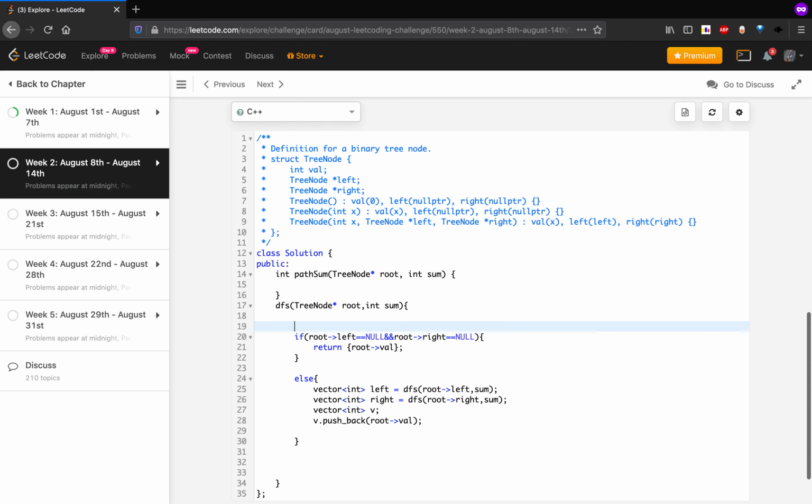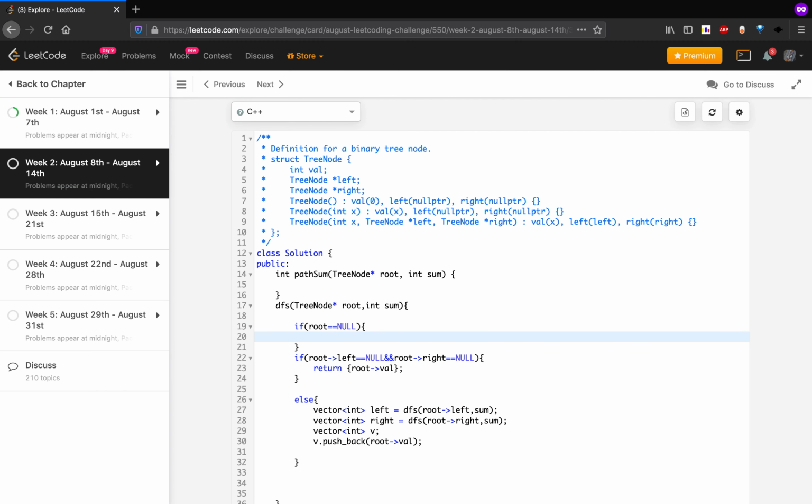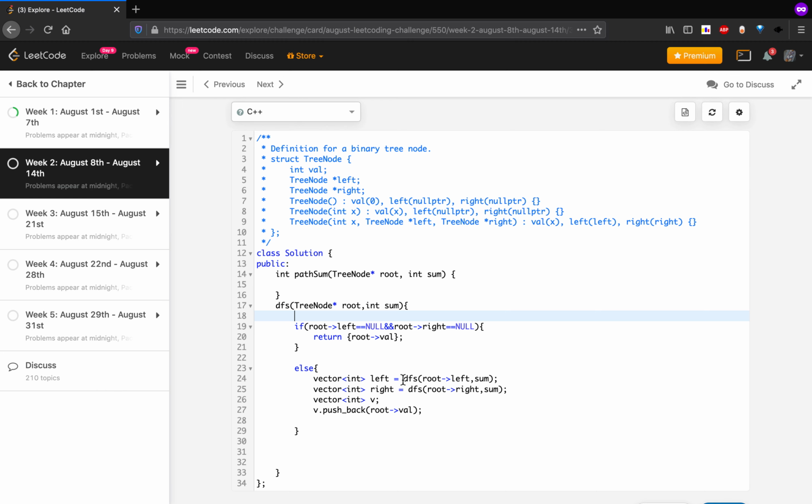So we'll have to check if the root equals null, right? So if root equals null, then we don't return anything, so we just return an empty vector, or we can just handle the case right here.